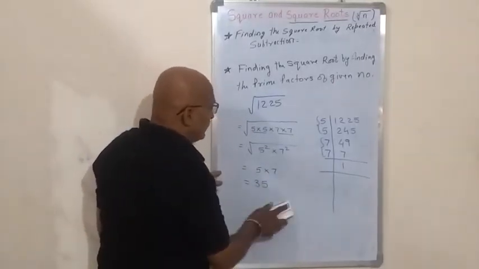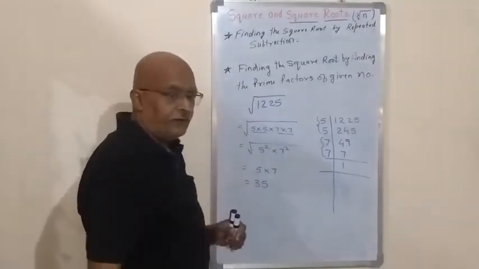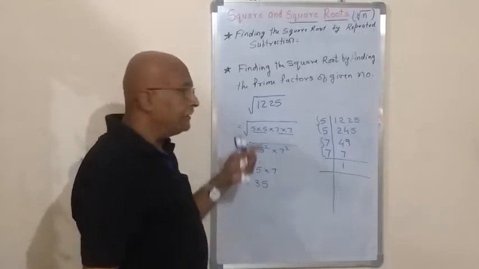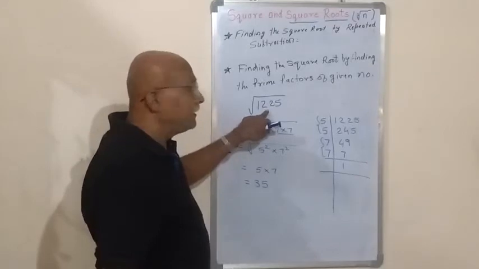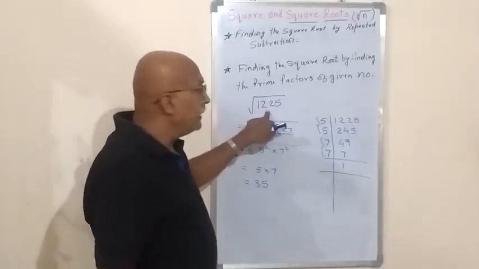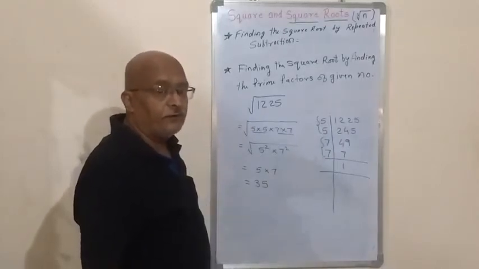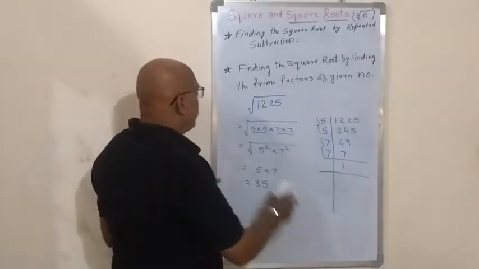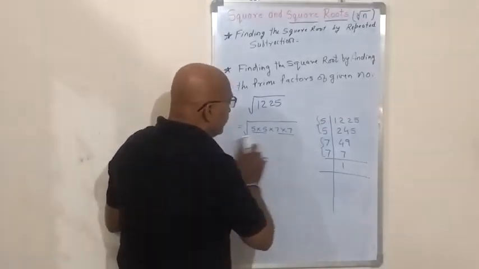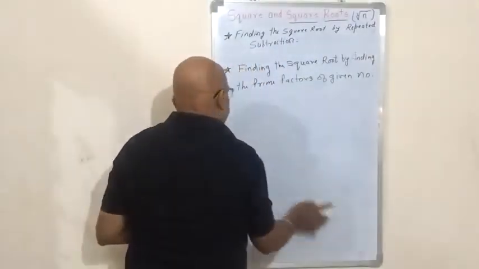The third method in this is, because by this way we can just find the perfect square root of perfect square numbers only. If the given number is not a perfect square, then what to do? But still we have to find the square root of that, whether it may come in decimal point. So for that, the third method is there, and that third method is nothing but